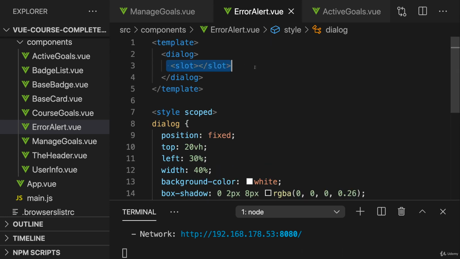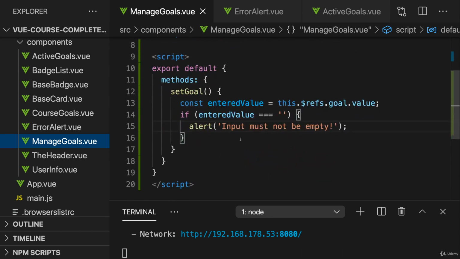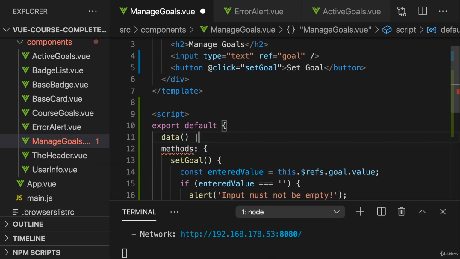So now we have this dialog where the exact content inside of it is flexible, thanks to our slot here. So now in Manage Goals, I want to show that dialog if the user entered something invalid. How could we do that? Well, we could use vIf for that. We could manage some data here